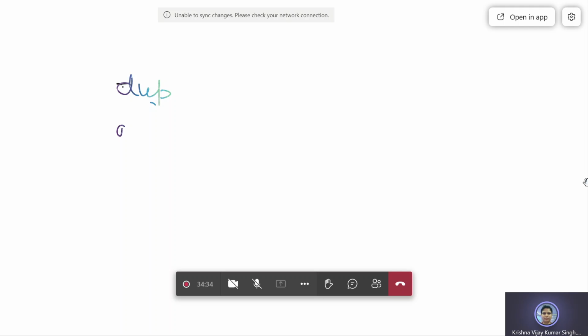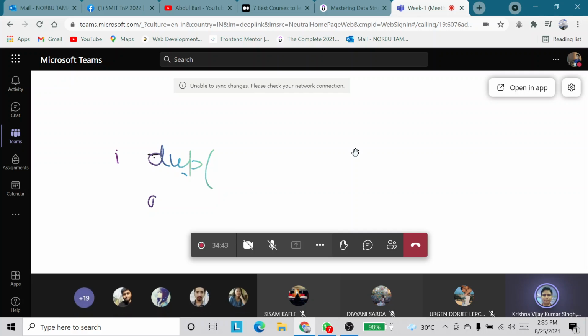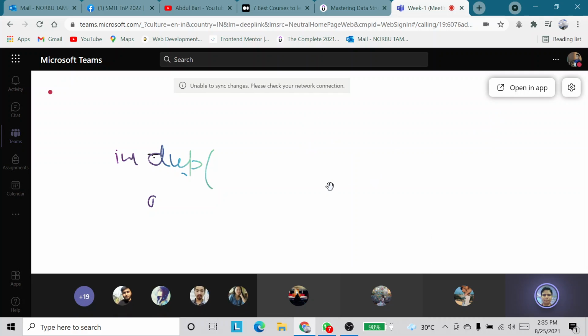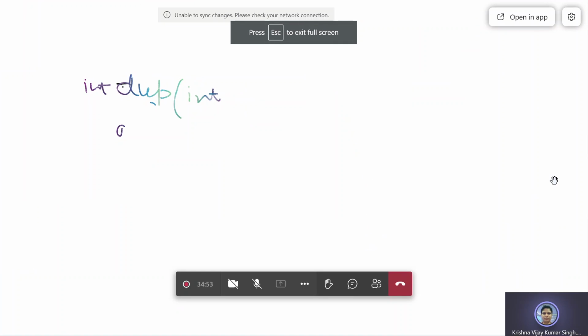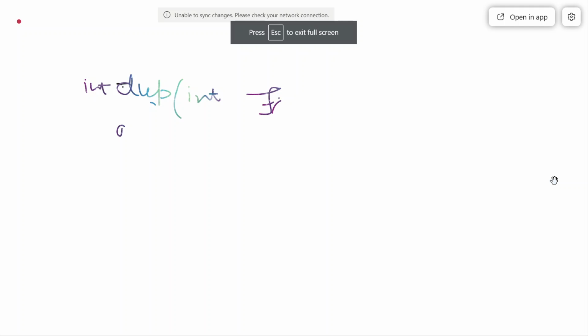Let us discuss the first one only. First of all, just see the prototype. It returns an integer value, and it also takes an integer number as an argument. So what is basically the file descriptor?